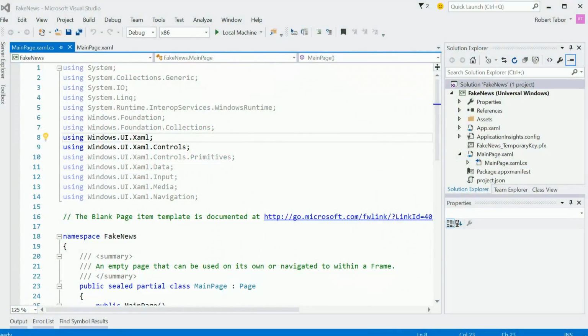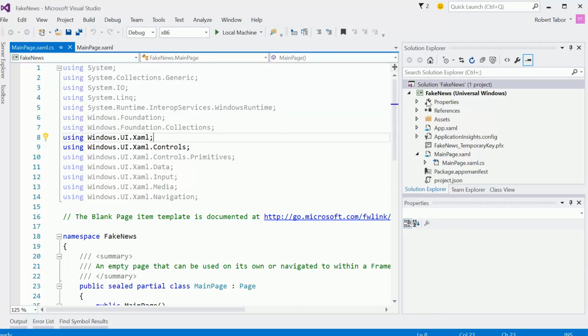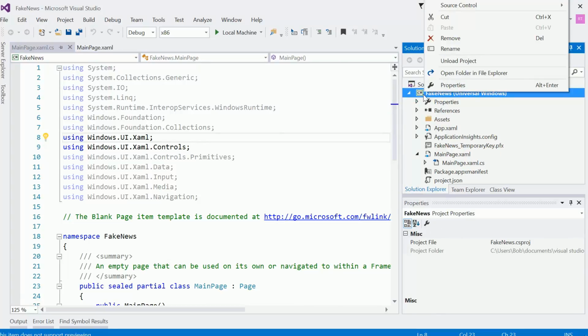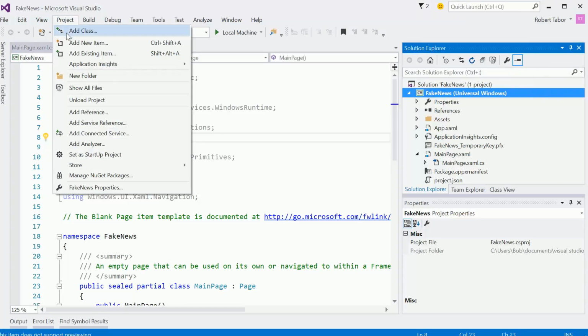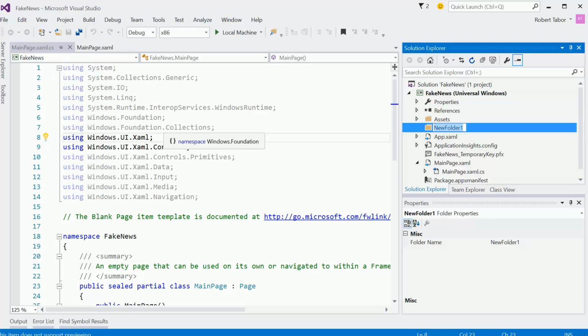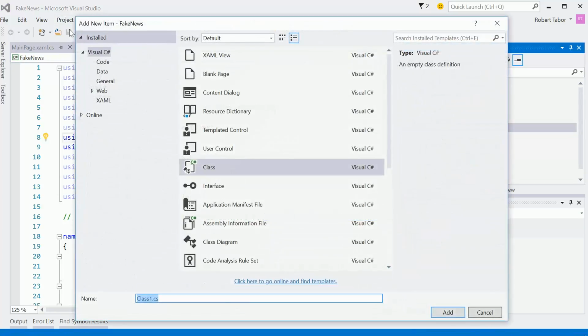Alright, so the next thing that we're going to do is work on the data model, and then we'll do some initial binding and then rework it a little bit in another video. So the first thing I'm going to do is add a model folder. I'm just going to select the project name, go over to project and add new folder and call it model. And inside of there I'm going to add another class called,